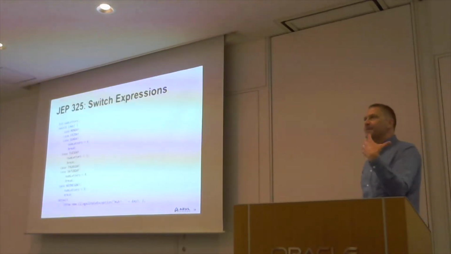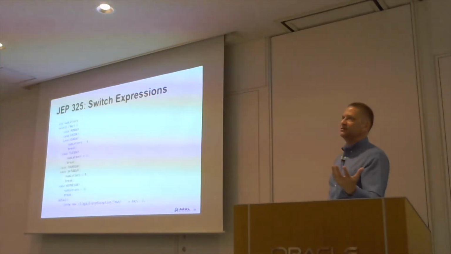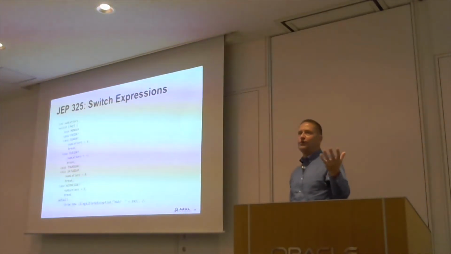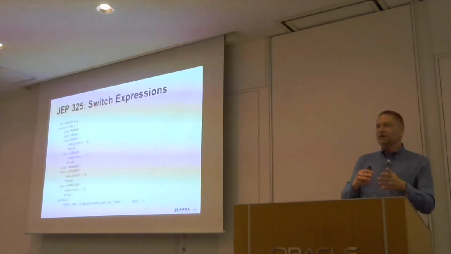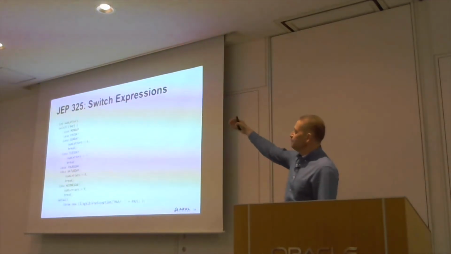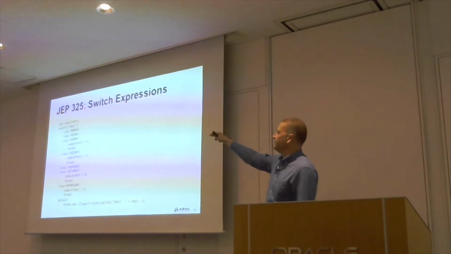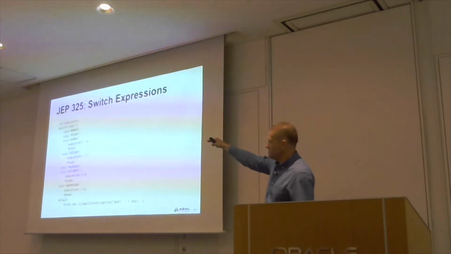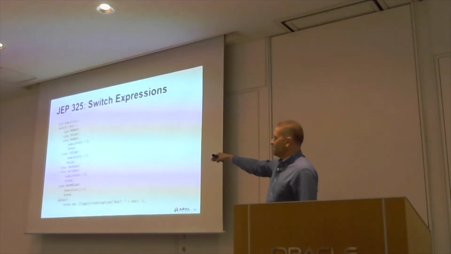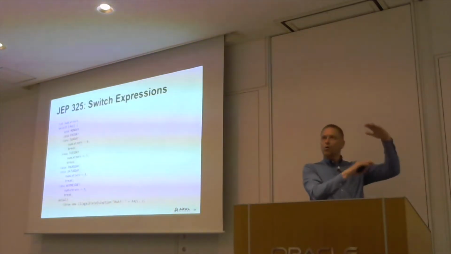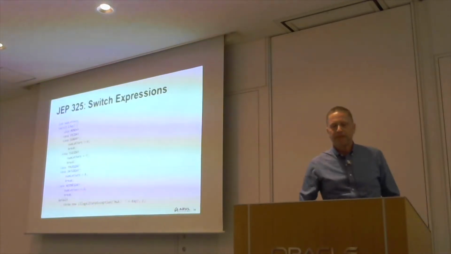And I want to get back from that the number of characters in the name of the day of the week. So what I end up with is switch on day, and I've got case Monday, case Friday, case Sunday, number of letters equals 6, break. Case Tuesday, number of letters 7, case Thursday, case Saturday, number of letters 8, so on and so forth. So we end up with a lot of code to do this.